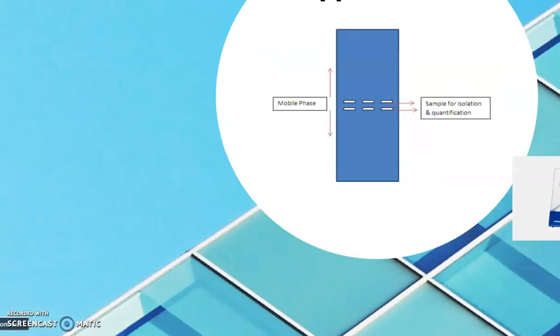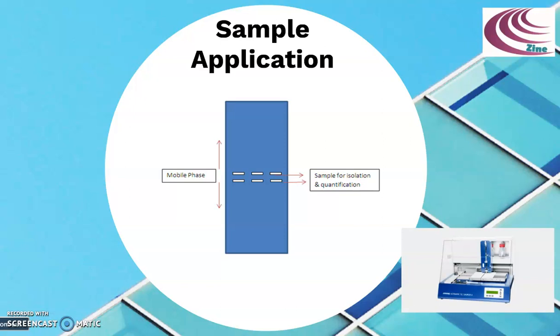Sample application. The plate is positioned on the movable stage with the help of an aluminum lever. The stage moves automatically to the positions where the samples are spotted on the plate. A number of vials are filled with the sample solutions and placed in the vial rack. With the help of a syringe, each sample is spotted in the form of a band and not as a circular spot as in the case of TLC, under the pressure of nitrogen gas. The pressure is about 60 to 90 pounds per square inch, that is 4 to 6 bar.